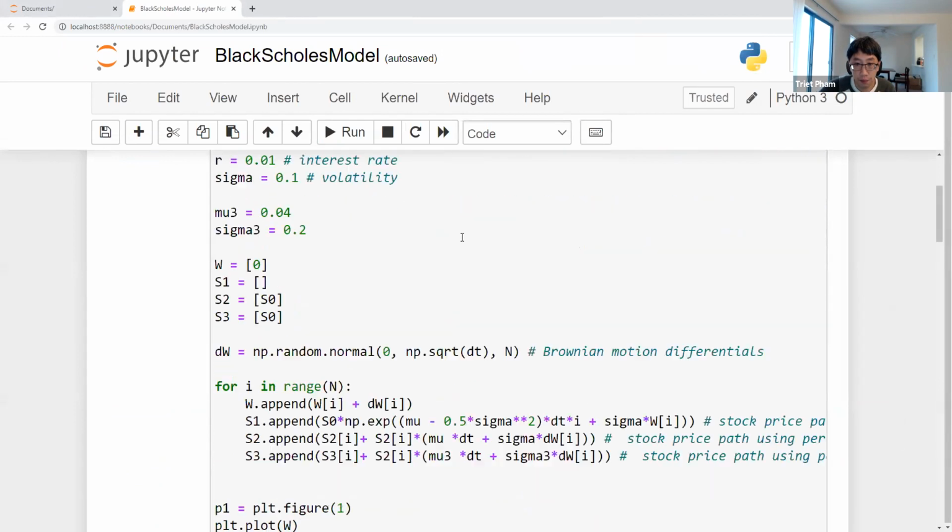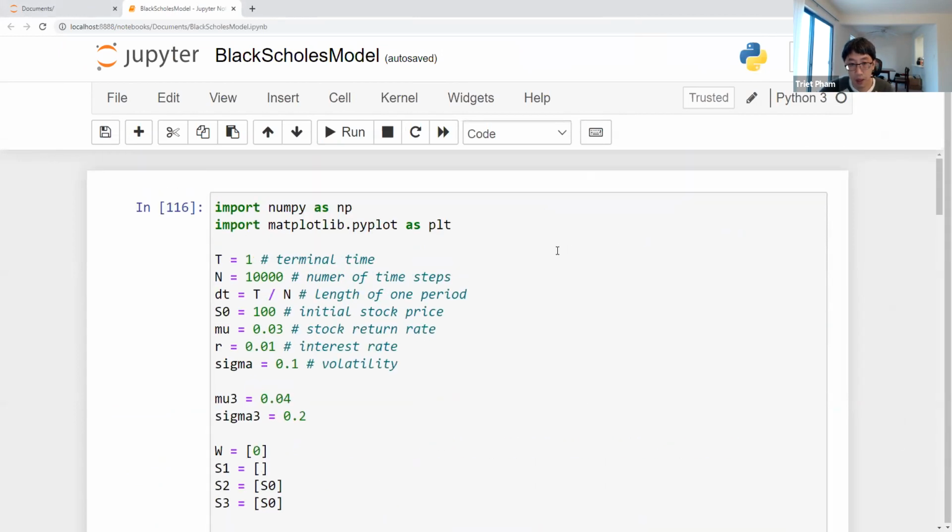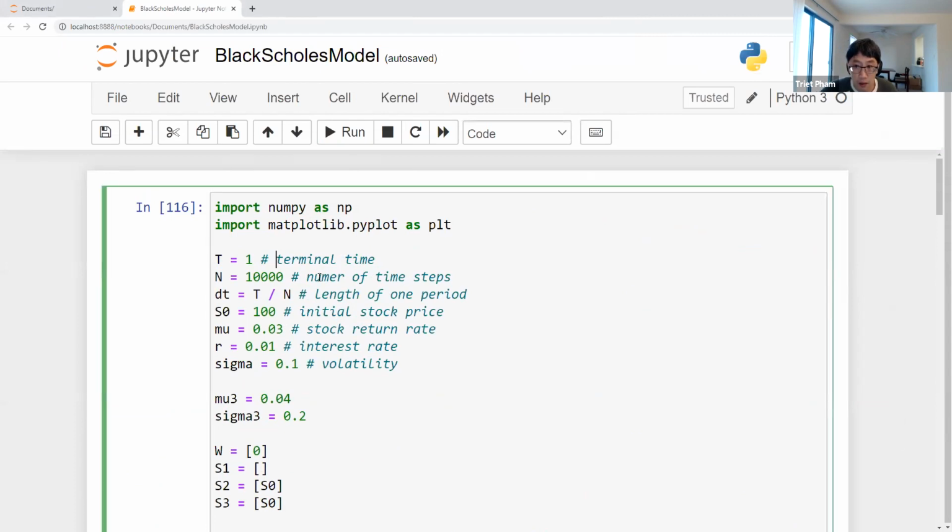All right, so first of all, the simulation of Brownian motion path. So this is the number of time steps. Okay, I do 1,000 time steps. Could be 1,000, 100, whatever. Okay, let's say 100 time steps. So this is dt right here.